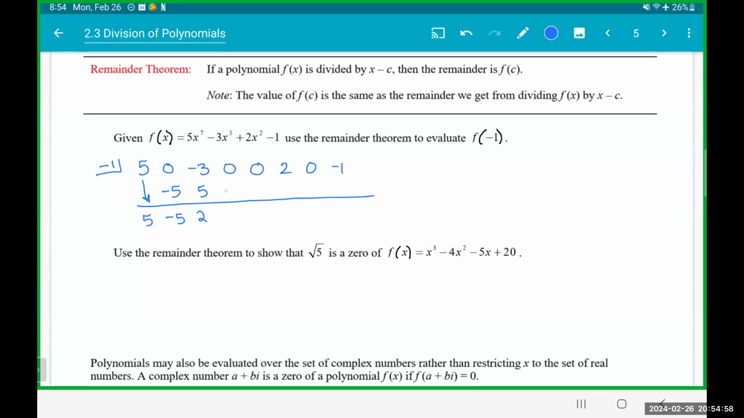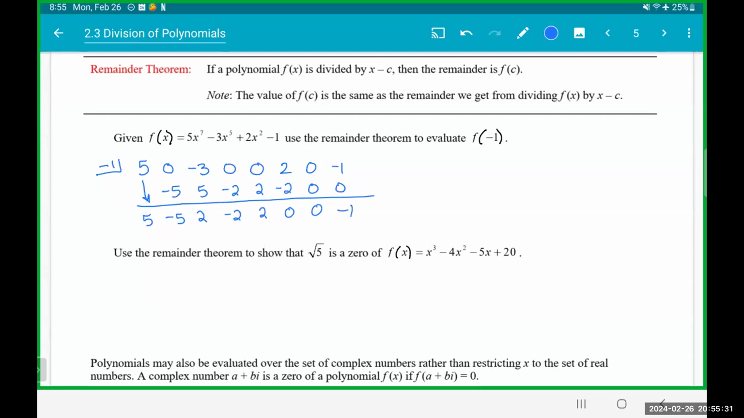2 times negative 1 is negative 2, plus 0 is negative 2. Negative 2 times 1 is 2, plus 0 is 2. 2 times negative 1 is negative 2, plus 2 is 0. 0 times negative 1 is 0, plus 0 is 0, and 0 times negative 1 is 0, plus negative 1 gives me